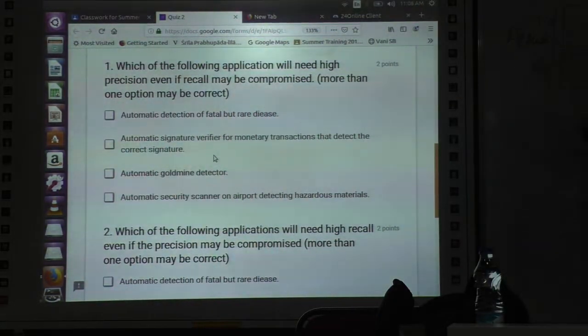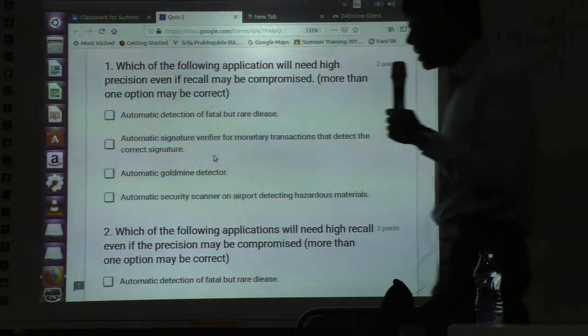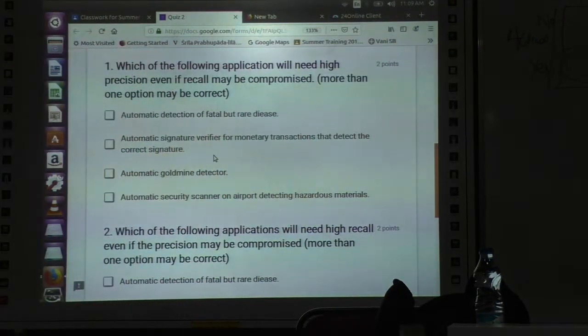Recall means this one. Recall means how many actual yes there are and how many of them you are predicting yes. And precision means how many you are predicting yes and that are actually yes. So for having high precision, this should be less and this should be more. For having high recall, this should be high and this should be less. Everybody is clear with this or not? So for the first question,